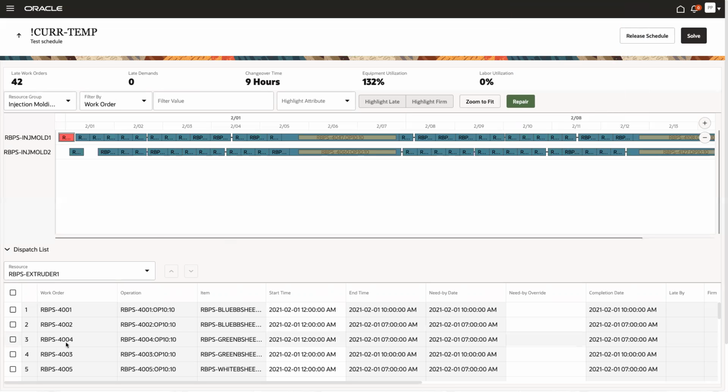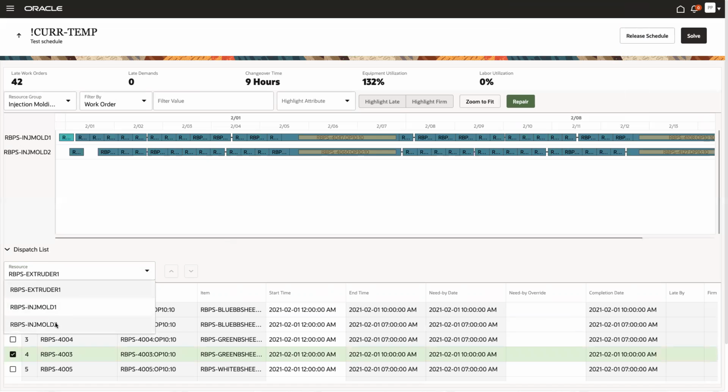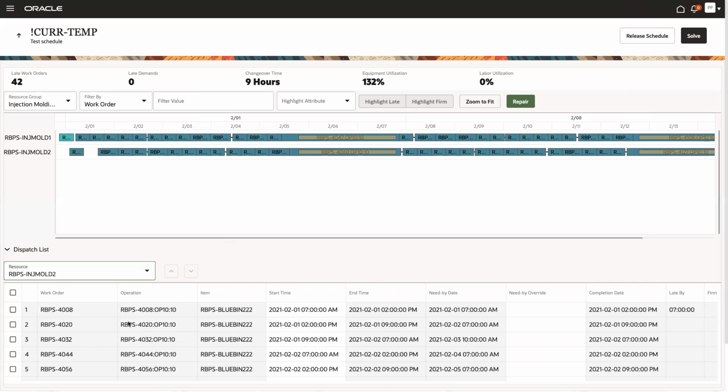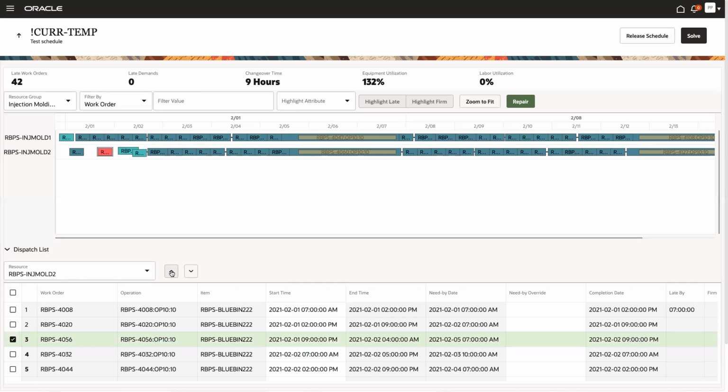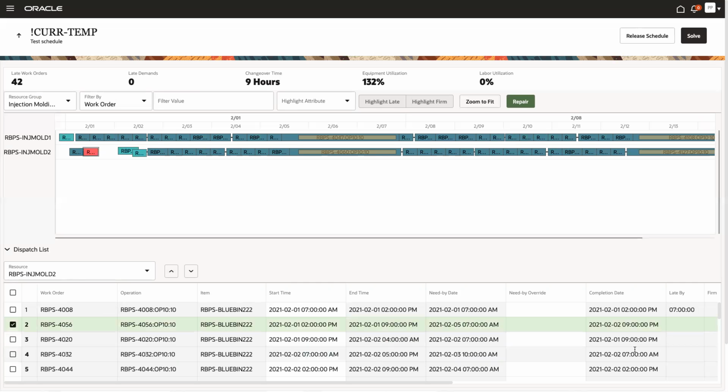In the dispatch list, I can now, let's say in the injection mold number 2, pick that operation and move it up into the spot where I have created more time.